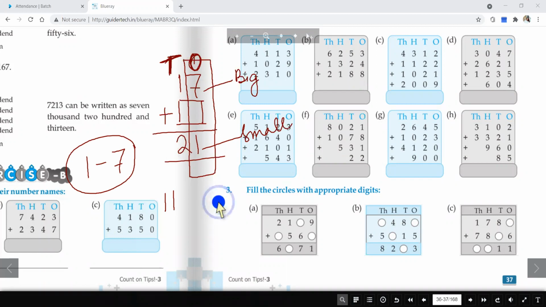So how will you do it here? Here how will we consider it? Here we consider 1 as 11. Okay. So from 11 we will just subtract 7. So the number will come as 4. So here we will put 4. Now here you can see 7 plus 4, 11. 1 is on the tens place. 1 plus 1, it is already 2. That means here 0 will be there.